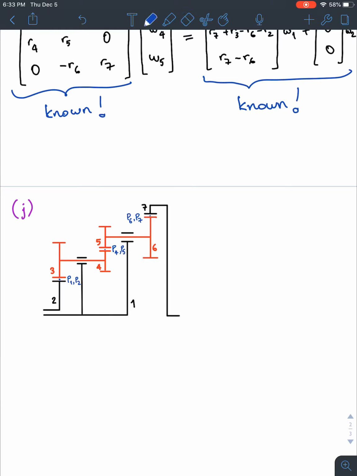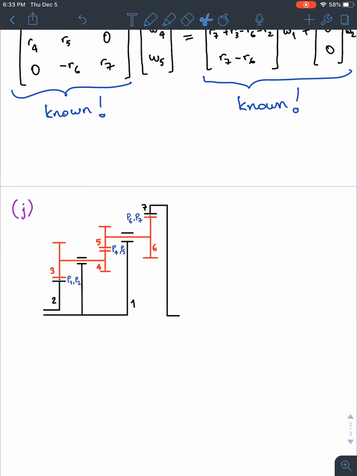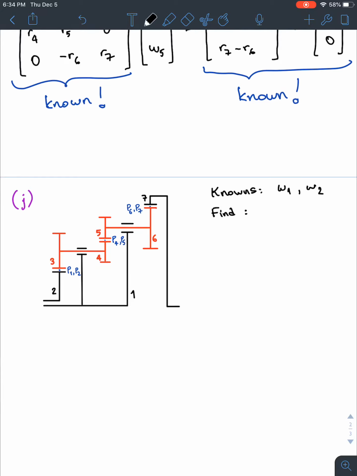Let's suppose we know the knowns. Last time I used a black pen, so black color. So knowns would be: we know the angular velocity of the first gear and the second gear, or the sun gear. What we want to find is the angular velocity of the seventh gear, but just so we don't have the